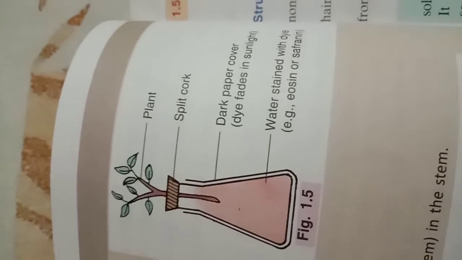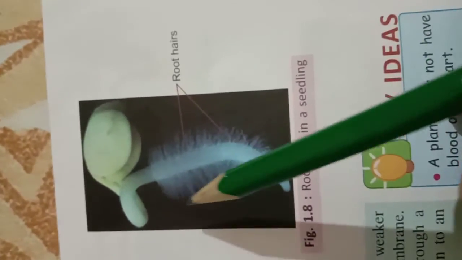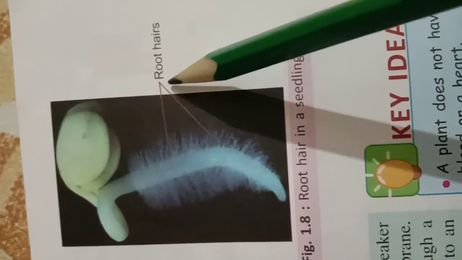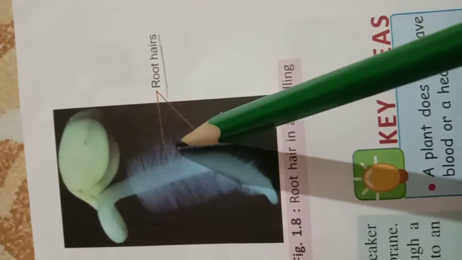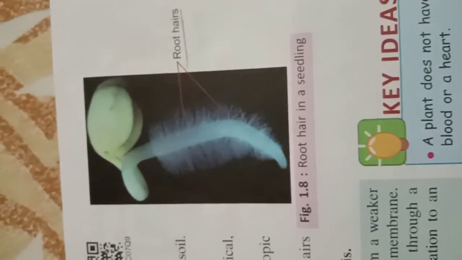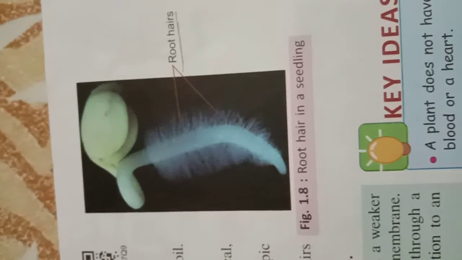So absorption of water by roots, it means that basically we know that roots are responsible for the absorption of water. On the root there are the root hairs, you can see this, the tiny root hairs are present over here. They are thread like structures basically. They are responsible for the conduction of water. They absorb water, not the long roots basically. Actually root hairs absorb the water.